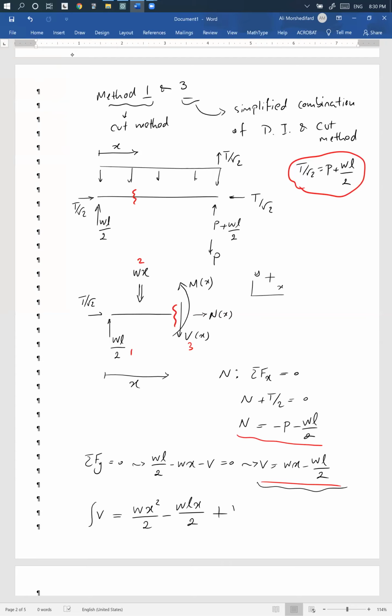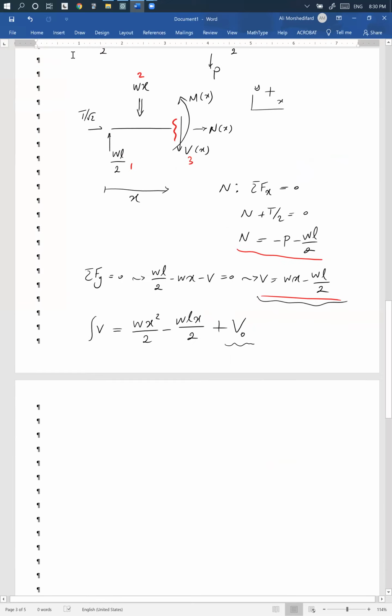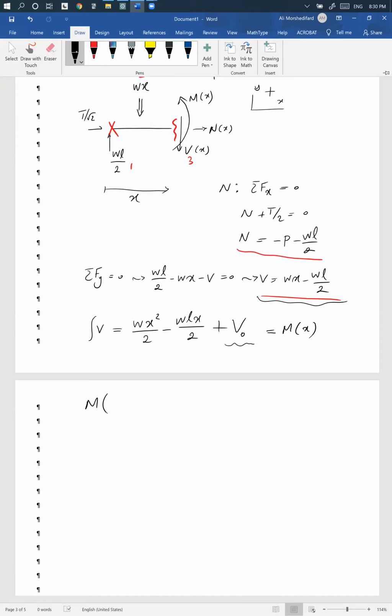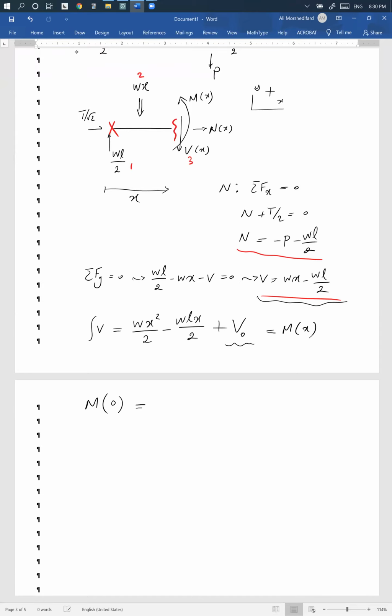Let's call it V naught. Remember, whenever you integrate, a constant pops up. How can we get these constants? Using the values at the boundaries, or the values at some point that we know. So in this segment, where do we know the values? This is M of x. We know the value of M at the left end, which is basically here, at A. So we have M at 0 is equal to 0